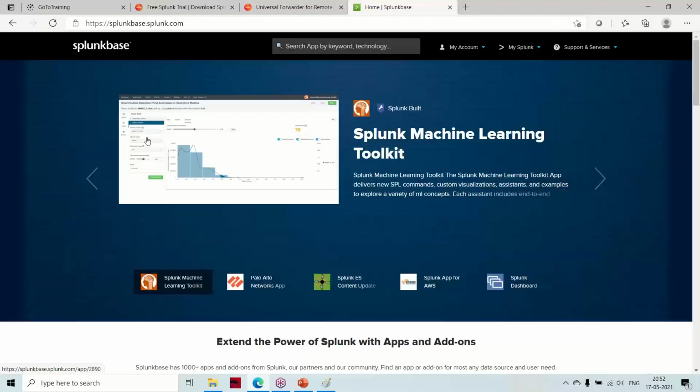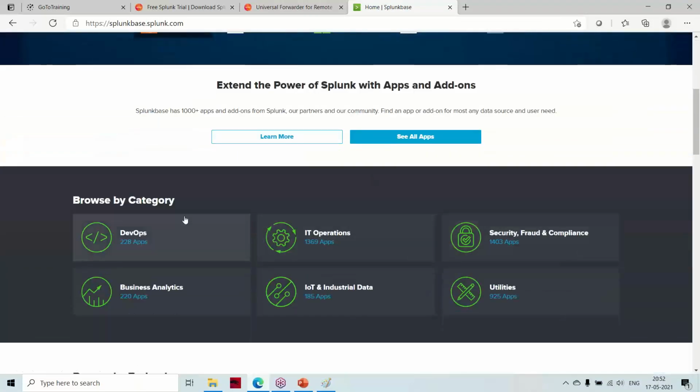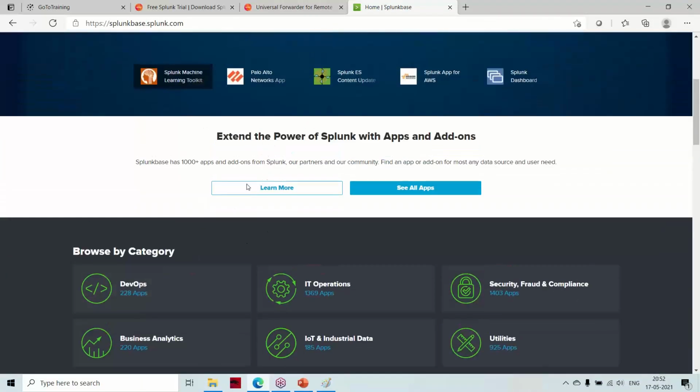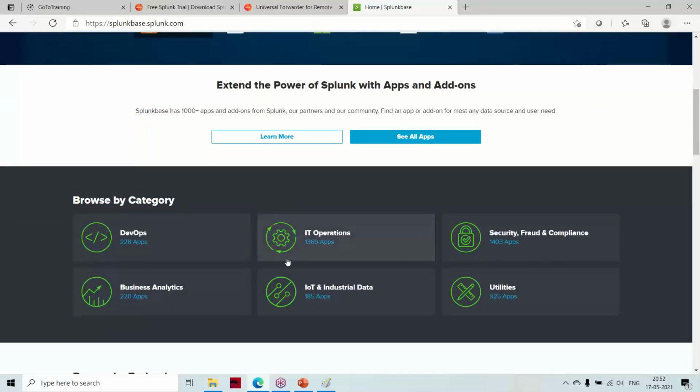There is something called Splunkbase. Splunk will be having some app features. If you browse by category, in DevOps you will be having some 228 apps, whereas for business analytics you have some 220. If you see IT operations, you have something like 1396, and security you have 1400.